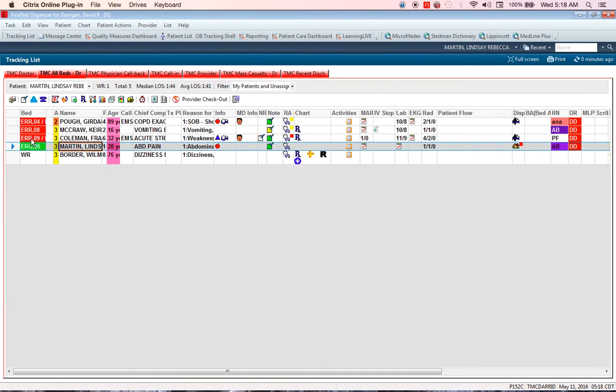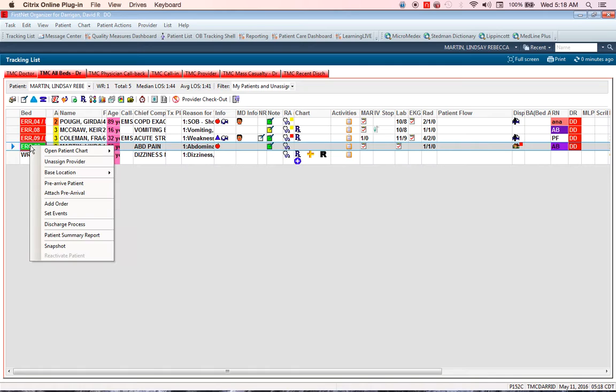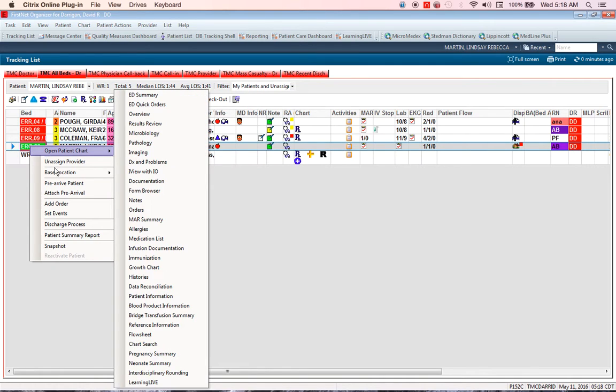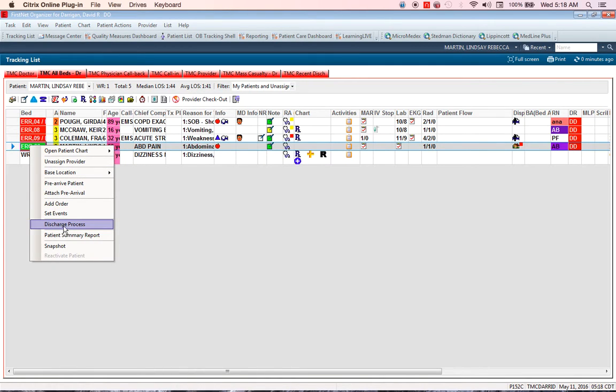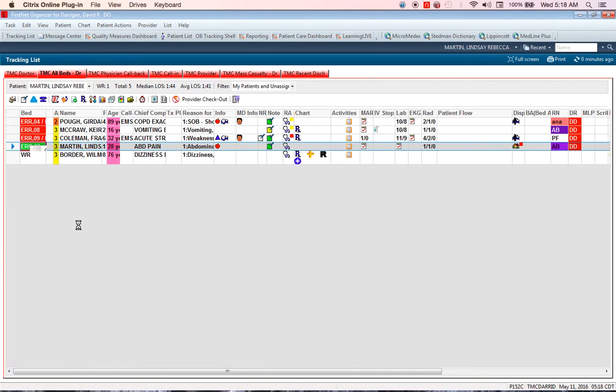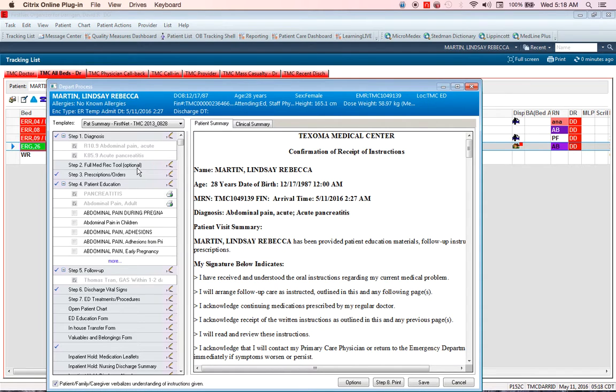So now let's say I wanted to add another prescription for the patient that I forgot to do that. If I go to this green arrow here, and I guess I have to go on the actual patient on the room number. If you go to discharge process, this discharge process is a very helpful tab. So I'm going to click on that. And basically all the different things that you do to discharge a patient inside the note, you can do outside the note over here. So I could go to prescriptions and orders, and if I click on this little pencil thing,